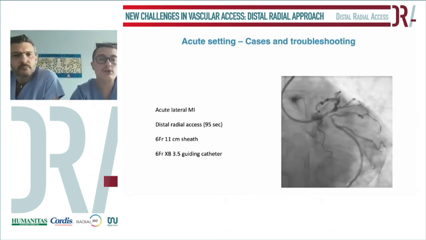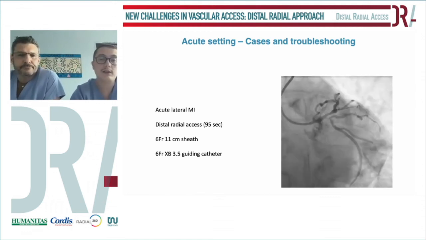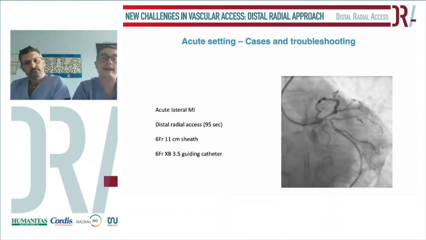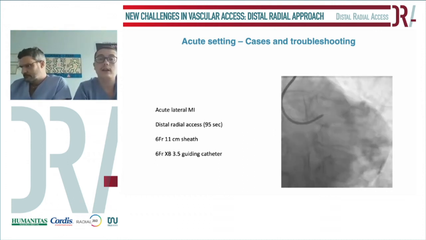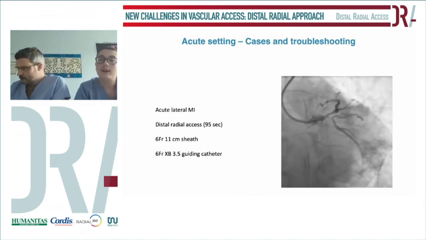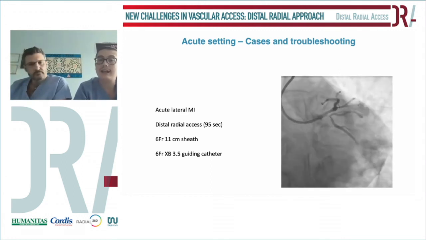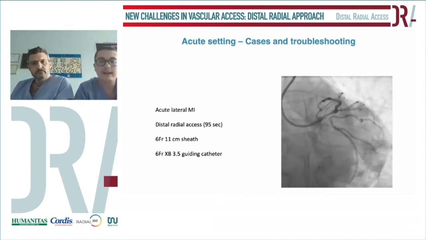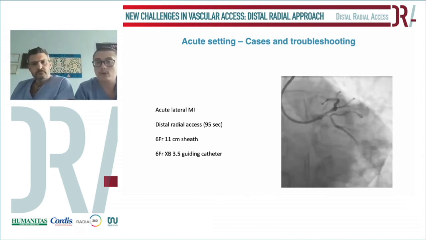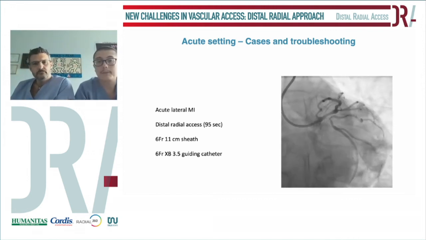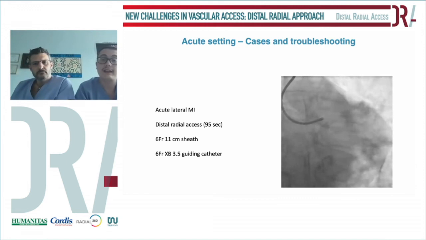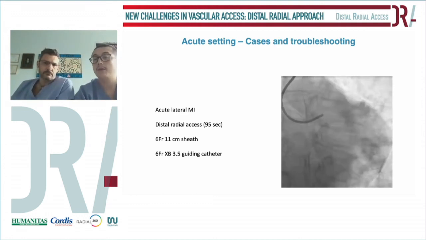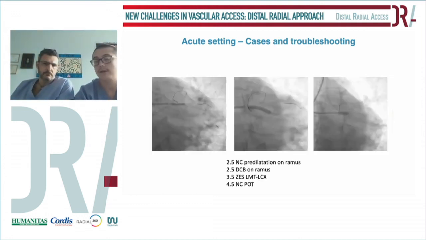And just to show you, this was one of the enrolled patients. The patient was symptomatic for chest pain and with an acute ST elevation in the lateral wall. And here we chose to do the whole procedure without changing any access and without changing any guiding catheter, because we really believe that whatever you can do by transradial approach, you can do also by distal transradial approach. In fact, here we used a 6 French short sheath, a 6 French guiding catheter, and we did a complex procedure on the left main with DCB